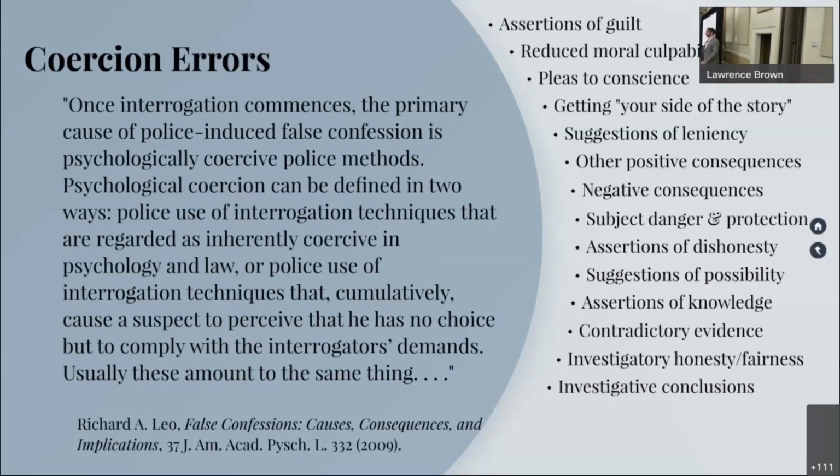There is no way for anyone, and I would challenge you to be very skeptical of anyone who suggested otherwise, there's no way to look at an investigation and say, this proves that the information provided was false. The best we can do is say, these tactics are consistent with coercion errors. They can contribute to and are consistent with bad information. Although without some independent, extrinsic source of information, like, I don't know, DNA evidence is the semi-obvious example, you can't rule in or out honesty. You can just say this is consistent with errors. Does that make sense? Sort of disappointing, I know.